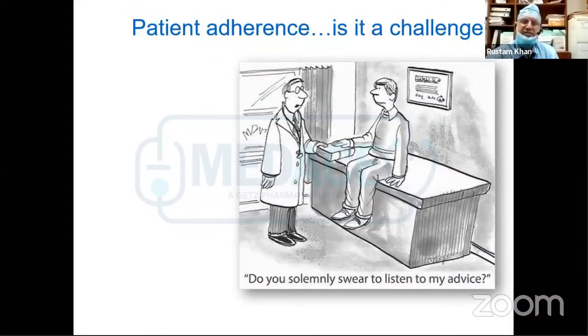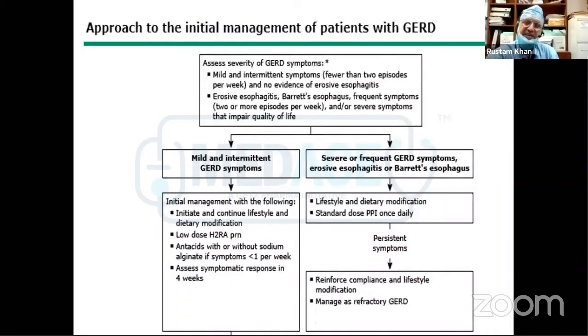The first and foremost precaution is to check whether the patient is taking the medicine, whether there's adherence to the treatment or not. In this picture, the physician is taking an oath from the patient that he should take the medicine religiously. This is the algorithm for how you approach